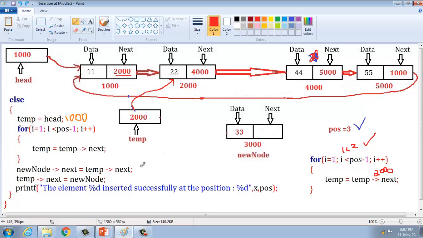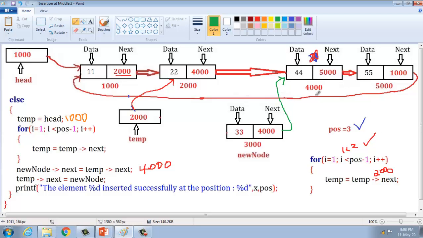Temp of next is 4000. Temp is 2000, 2000 of next is 4000. Automatically here we assign a link from this new node to the third node.